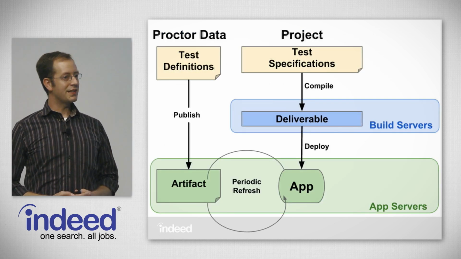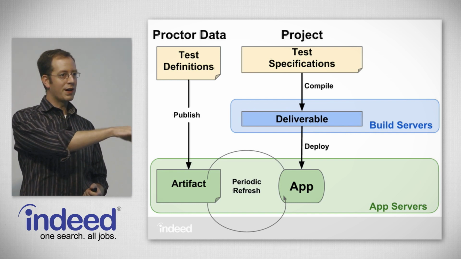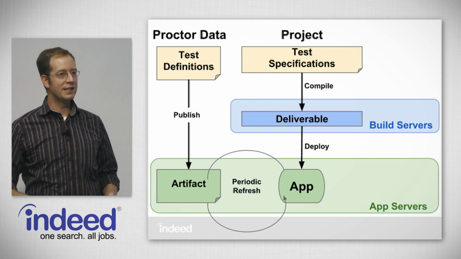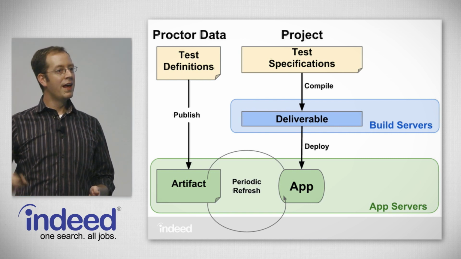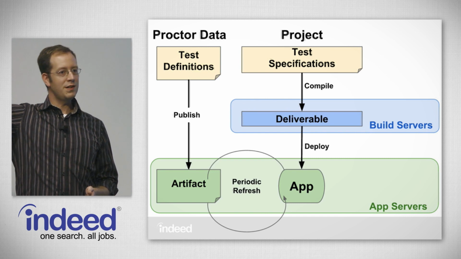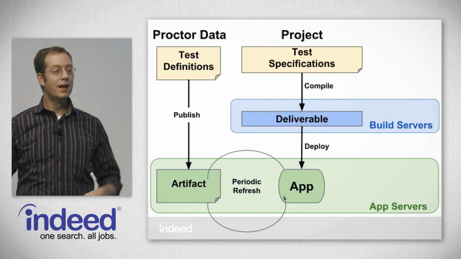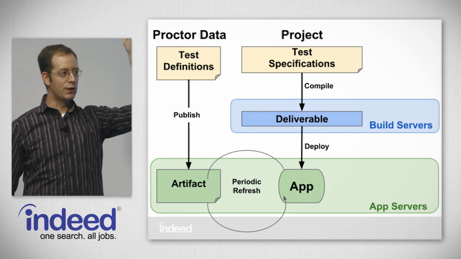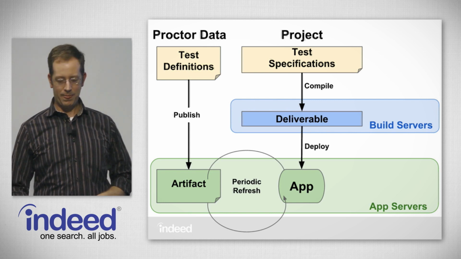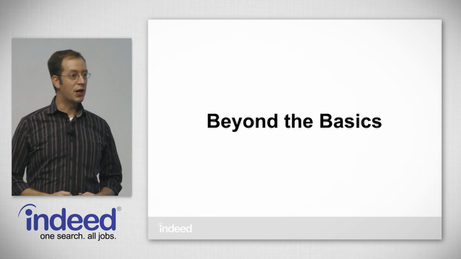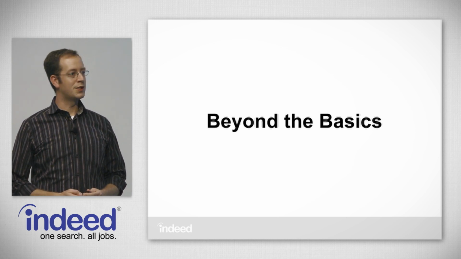If we need to change the test specification, then that gets code generated, built into the product, and deployed out to the world using whatever the existing mechanism is. So we have these two paths that we can make changes down. Anything that changes just in the test definition rolls through publication and is live out in the world within minutes. Anything that changes the test specification uses whatever your existing deploy cycle is and gets out as quickly as you can do that. So that was it. That's all that we need to be able to run our gray versus blue A/B test